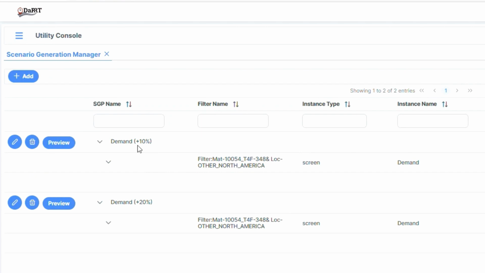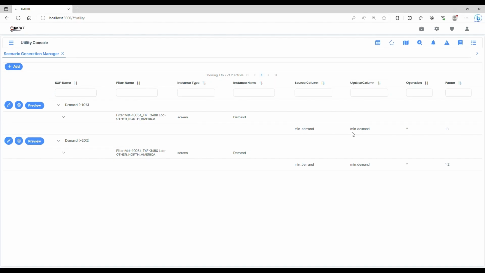The first scenario is essentially using the select query that we just configured in the filter creation process. We are using that to configure the minimum demand to be equal to the old minimum demand multiplied by 1.1. And similarly, the demand plus 20% is configured using a 1.2 multiplier. And if you click the preview buttons, you will see the SQL query equivalents appearing on your screen. So this allows the end users to create